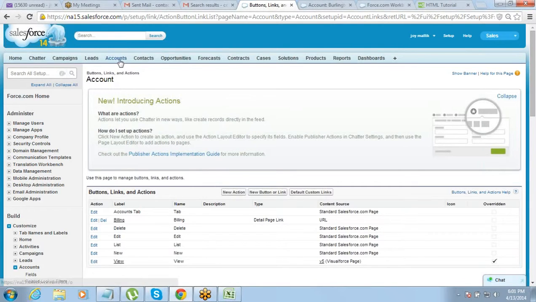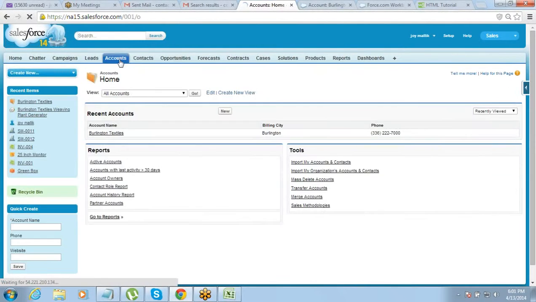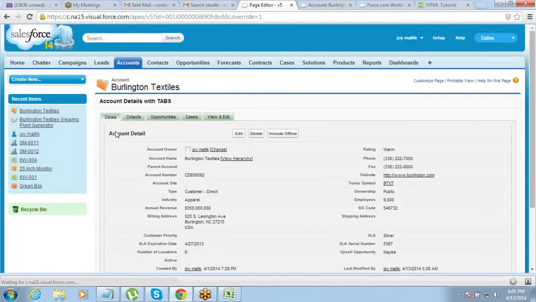Now the moment you click on any account, you don't have to supply ID. You can straight away go to accounts tab, click on any account. You will see that it opens in this format only, this template.